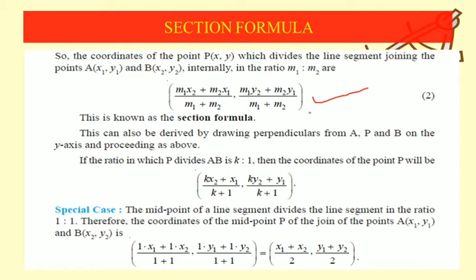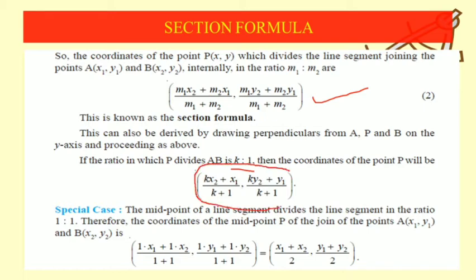Now, sometimes the question comes: find the ratio in which the point divides the particular line. Here we have taken the ratio to be m1 upon m2. Sometimes the question comes, find that ratio. So for doing the calculation part, we can replace m1 and m2 by k and 1. So in our formula m1 is replaced by k, m2 is replaced by 1. So we will get k here, and 1 here. So our formula will be turned into this form.